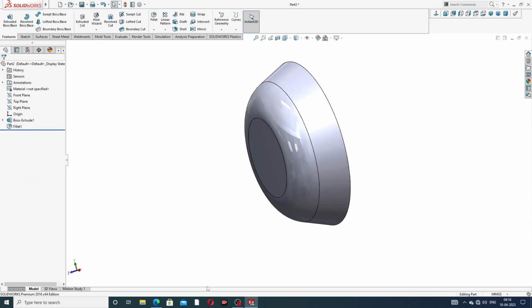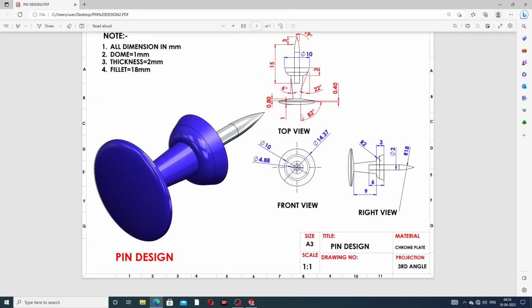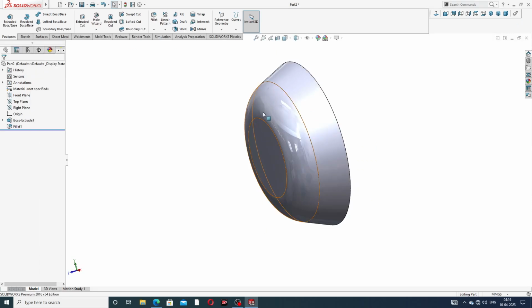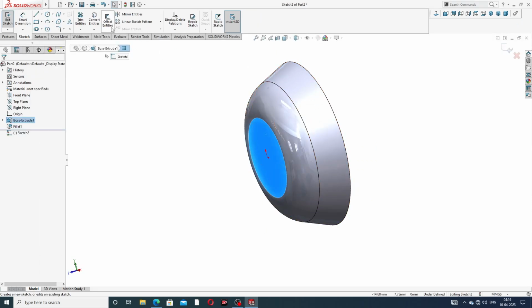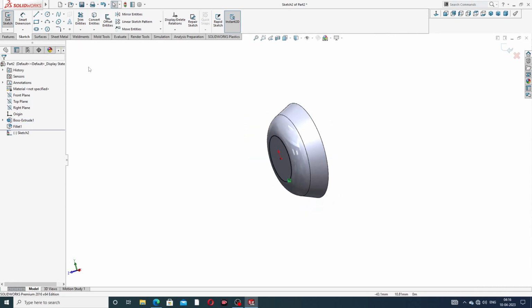Next, this line is drawn here, and this line is used here. This is a convert entities, and this 6 degree angle is the draft, and this length is 99 millimeter, which is perfect. And this face is a sketch, and use convert entities, and